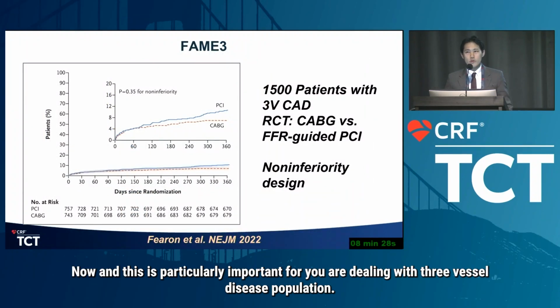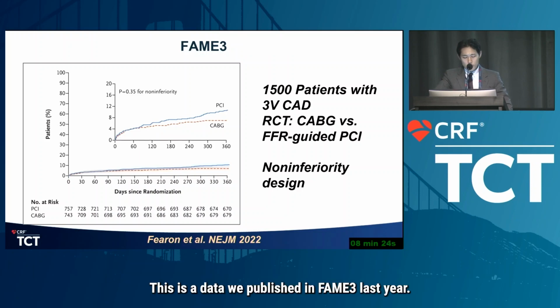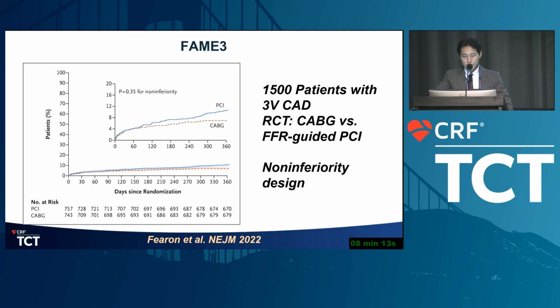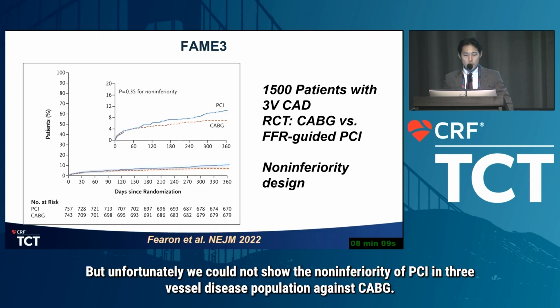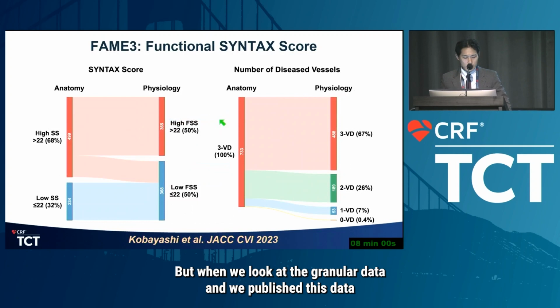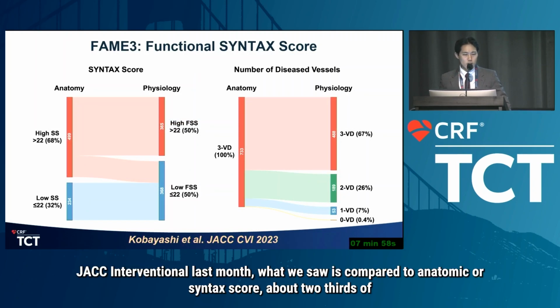Now, this is particularly important if you are dealing with the 3-vessel disease population. This is the data we published, FAME 3, last year. As you know, we randomized 1,500 patients with 3-vessel coronary artery disease to CABG versus FFR-guided PCI. This is a non-inferiority design, but unfortunately, we could not show the non-inferiority of PCI in the 3-vessel disease population against CABG. But when we look at the granular data, and we published this data in JACC Intervention last month, what